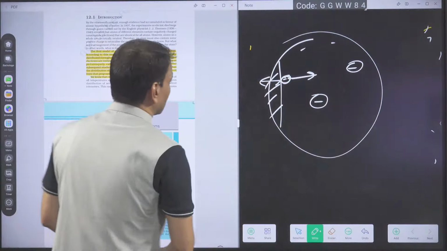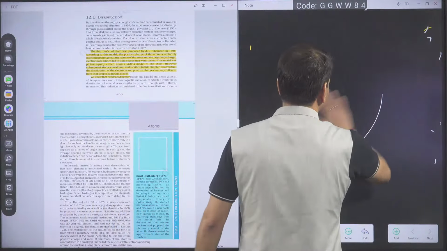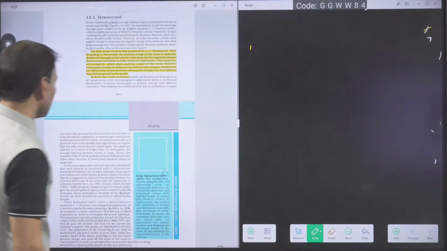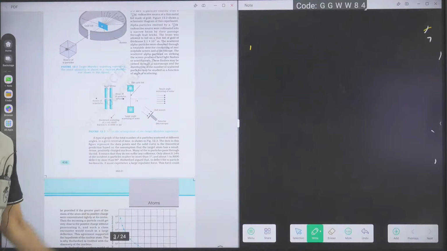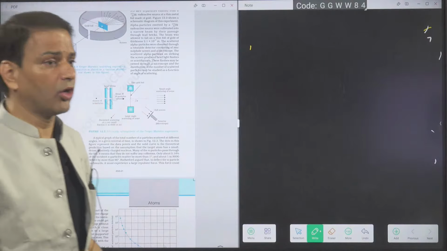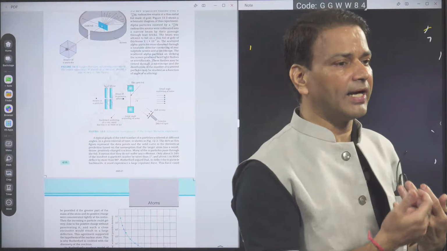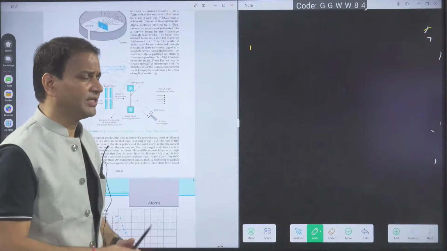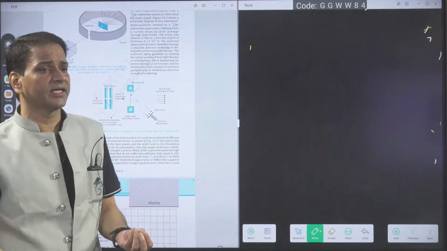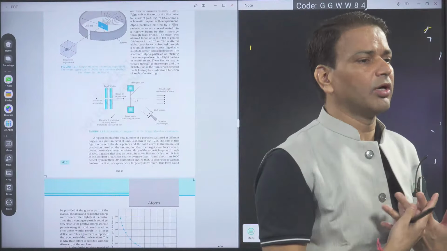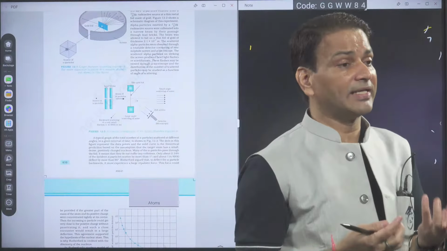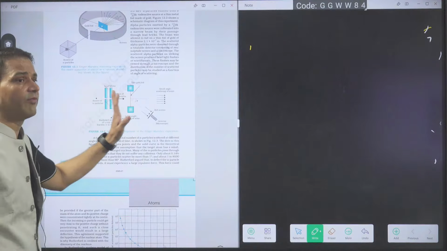Okay. Then Rutherford did the alpha scattering experiment. In that, he observed that most of the alpha particles go undeviated. Then he concluded that most of the atom is void. Very few alpha particles retrace their path. So he concluded that the nucleus is very massive, very small, and has positive charge, because the particles are coming back.